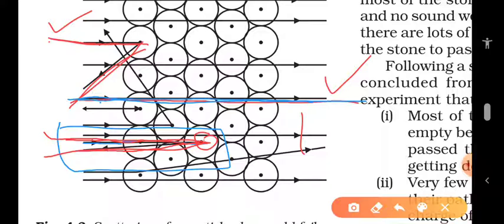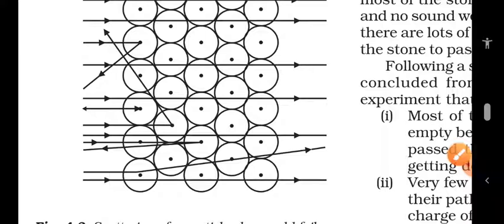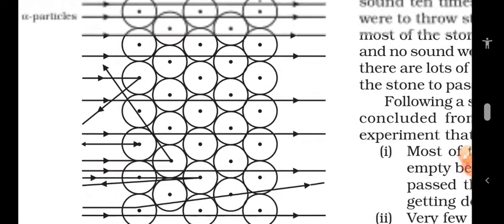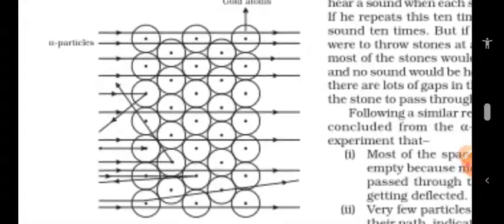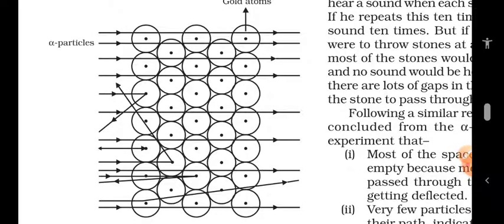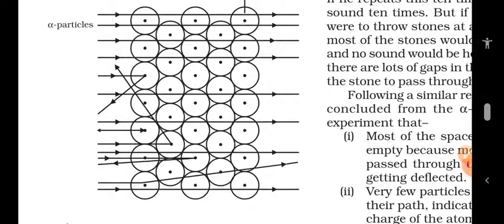Okay, are you getting this point? I'll repeat once again. This is the gold foil experiment conducted by the scientist Rutherford, and from this experiment only Rutherford came to certain conclusions, and from those conclusions he proposed one atomic model. So it's very important to understand this experiment to understand Rutherford's atomic model. Once again I'll repeat this concept. It's very, very important. Just listen to this.